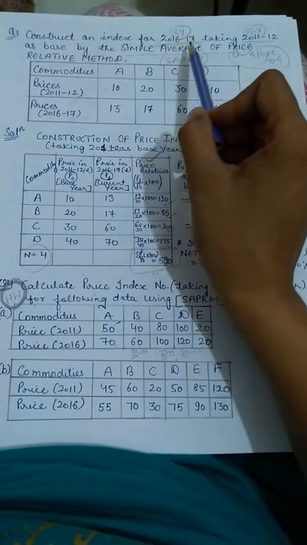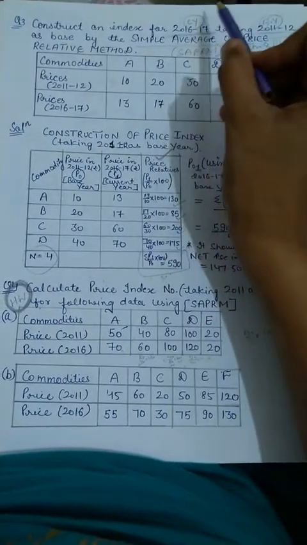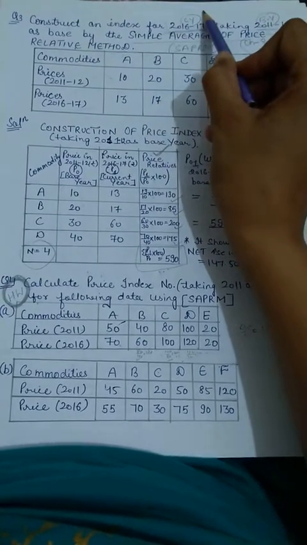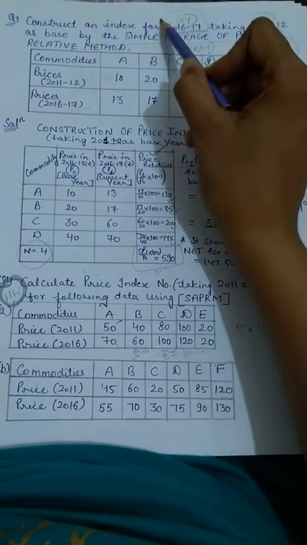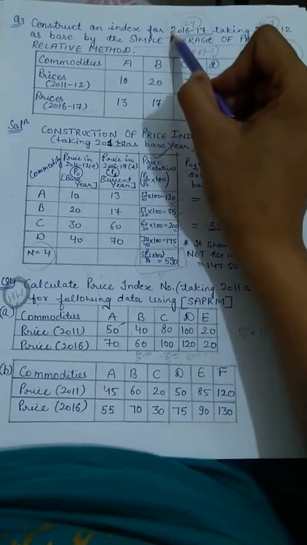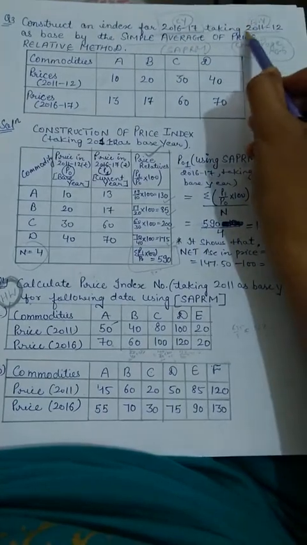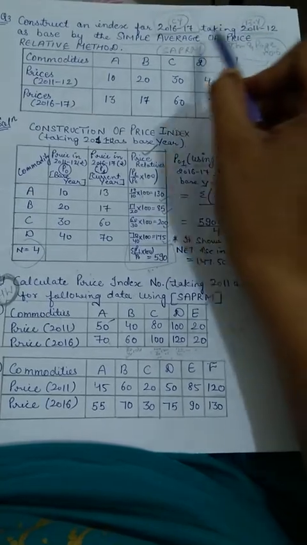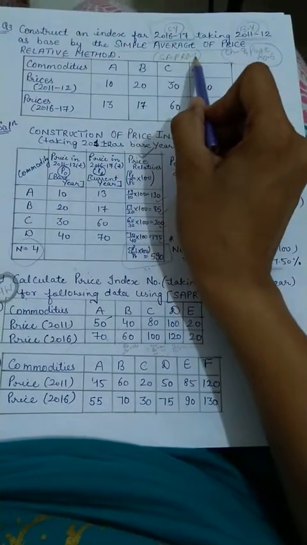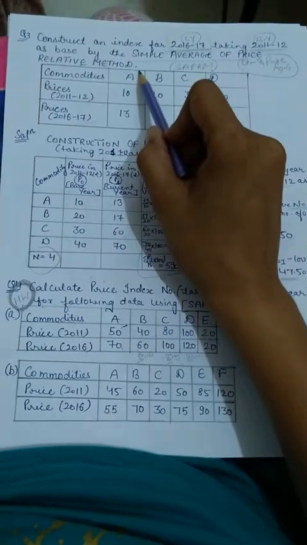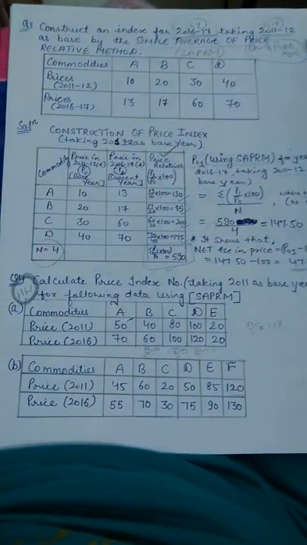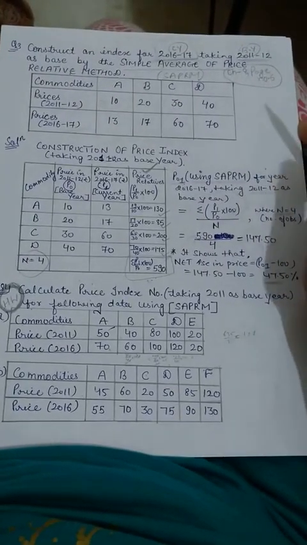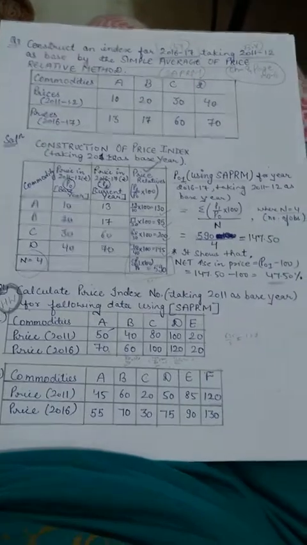According to the question, first of all we will write which one is your current year and which one is your base year. As per the question bachche, this CY, which I have written with pencil, denotes that it is your current year. And your 2011 and 12 is your base year. And the method we have to use is simple average of price relative method. About the formula of this method, I have already discussed. So, without wasting much time, we will just write the formula and find out the calculation.